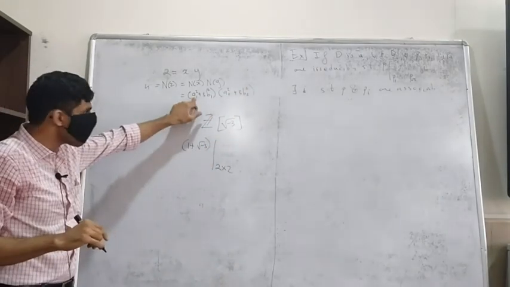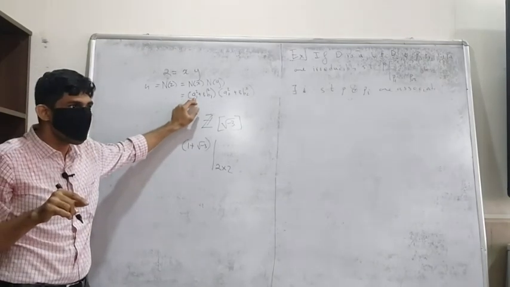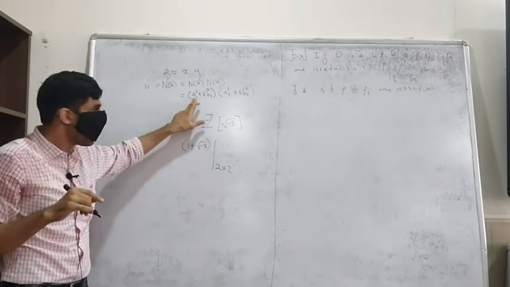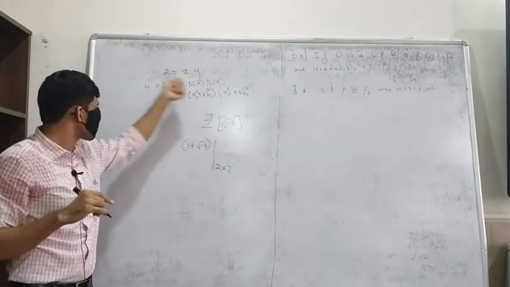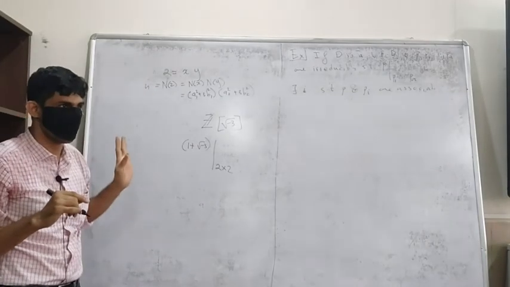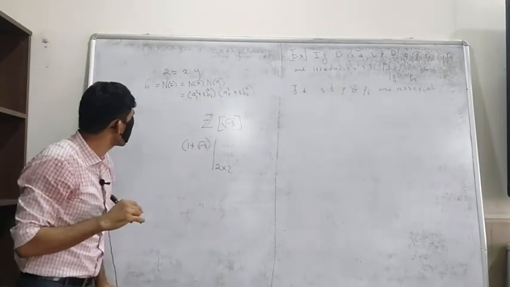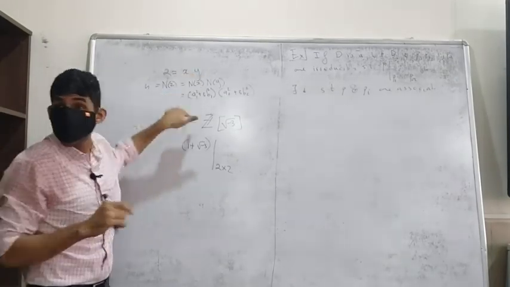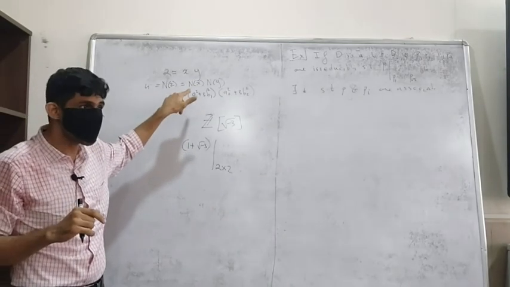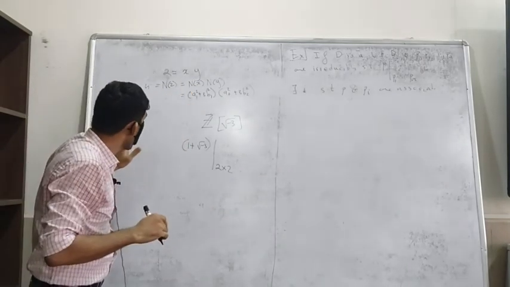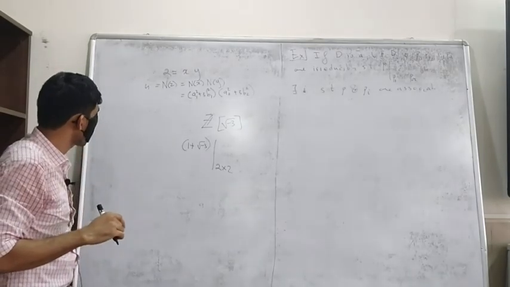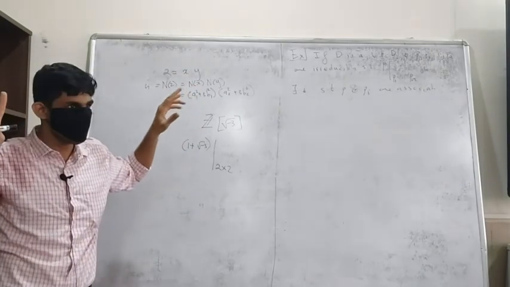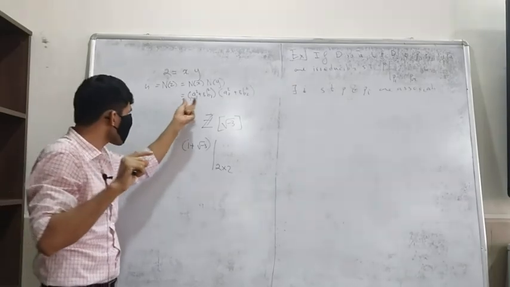Now notice here that a1 and b1 cannot both be 0 at the same time. If a1 is 0, then this natural number is going to be a multiple of 3, which is not possible. So a1 has to be non-zero. So a1 is non-zero for sure. Also we know that this is not equal to 1.